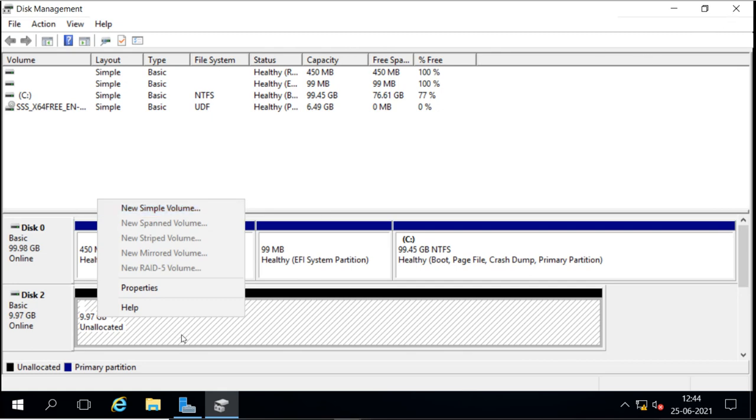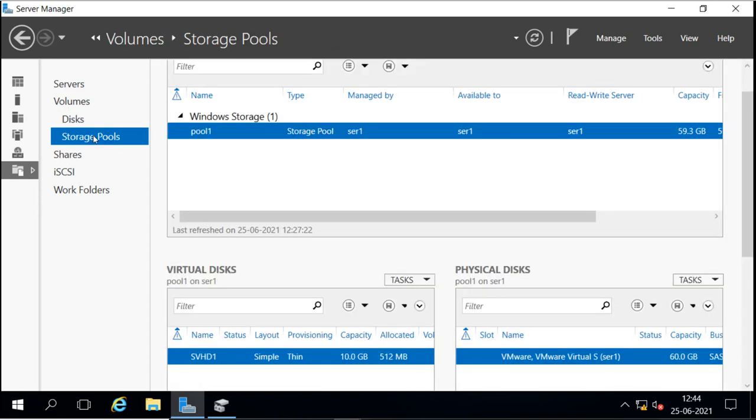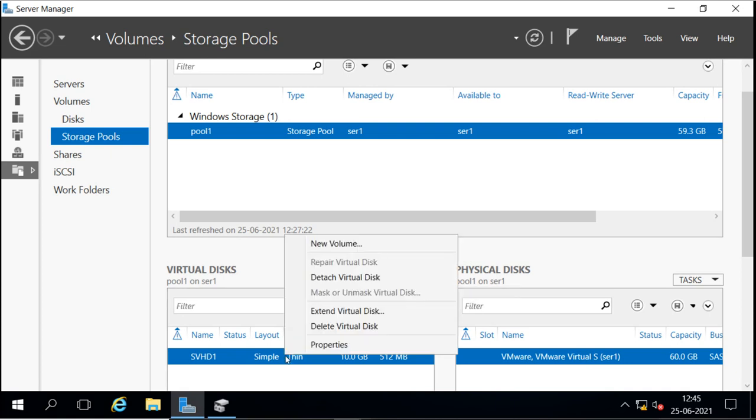We can create the volume from server manager by right clicking directly on the disk, or go to storage pool and virtual disk and right click there to create the new volume. So these are the different options. Let's say I will create it from here, select new volume.